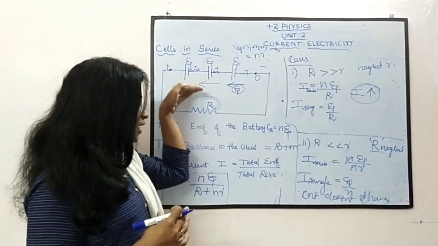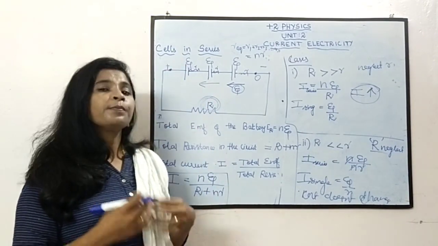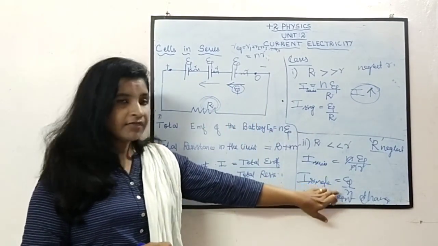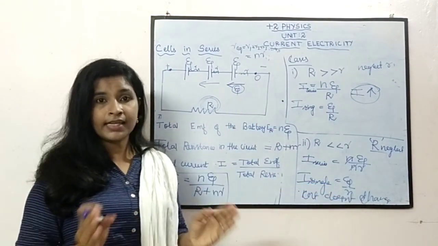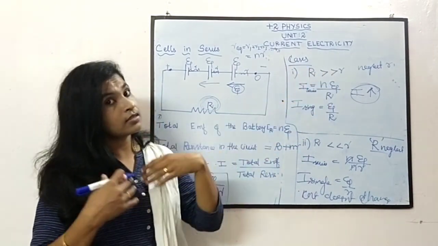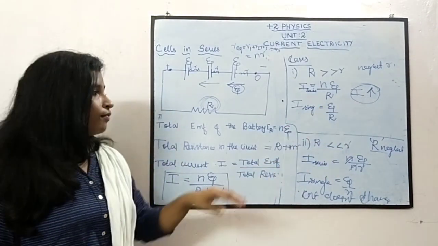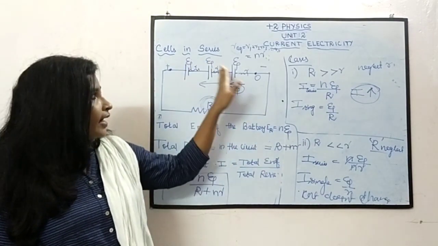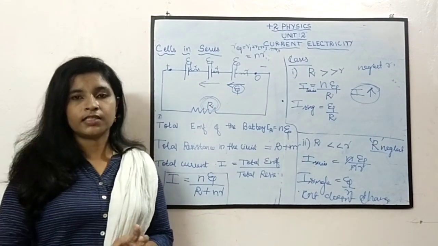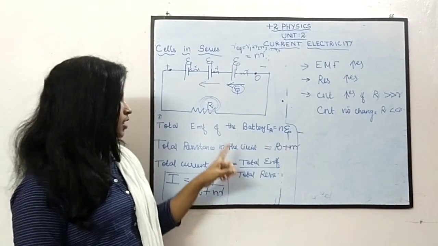So when the external resistance is very much less than the internal resistance, connecting these cells in series is a waste. There is no advantage of connecting these cells. The current is not going to increase. When the external resistance is greater than the internal resistance, yes, the current is increasing. So finally we can say, when the cells are connected in series, here we can see the